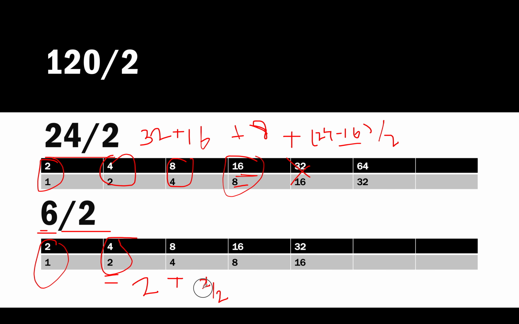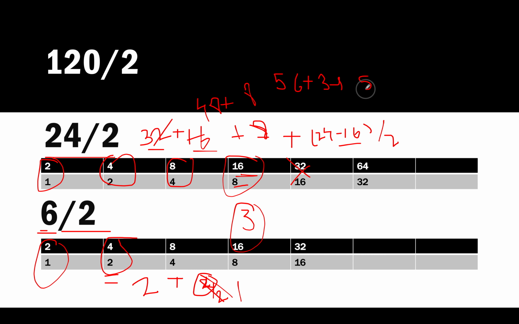So we'll start the entire process for the dividend 2, which will give us 1, and this will give us 1. So 1 plus 2 is 3, 3 plus 32 plus 16 plus 8. So 32 plus 16 is 48, 48 plus 8 is 56, and 56 plus 3 is 59. Which mistake did I commit?